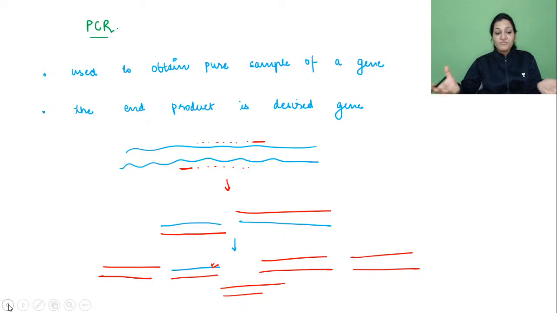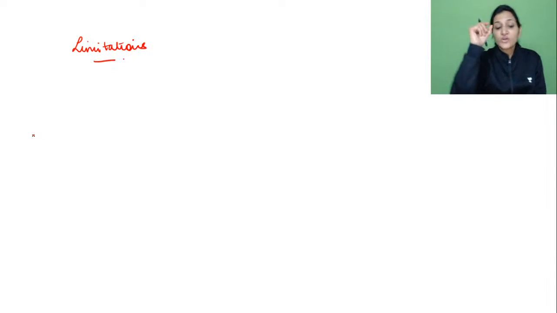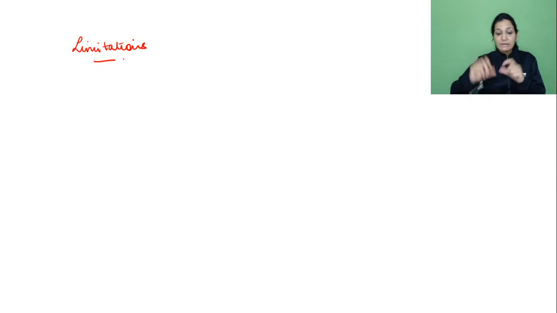So we are just praising PCR so much, so we need to know whether there is any limitation also associated with PCR. So we will be talking about limitations of PCR in light of gene isolation. In order for the primers to anneal to the correct position, either side of the gene of interest, the sequences of these annealing sites must be known. Without knowing, it cannot be performed.